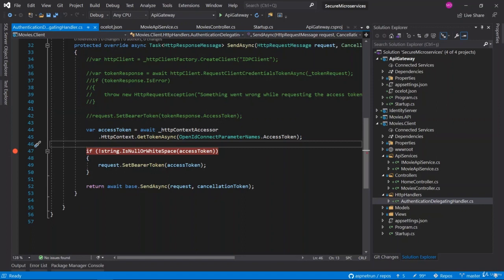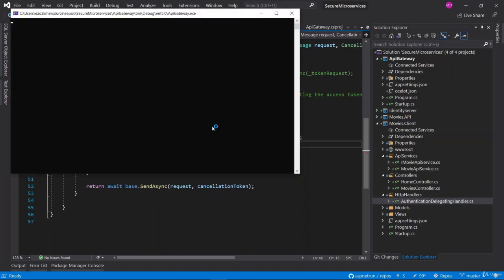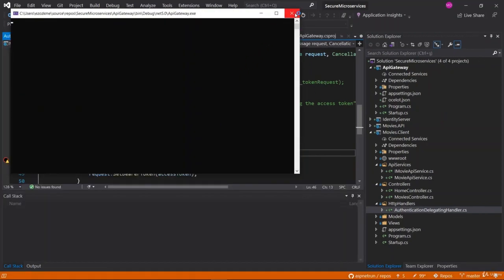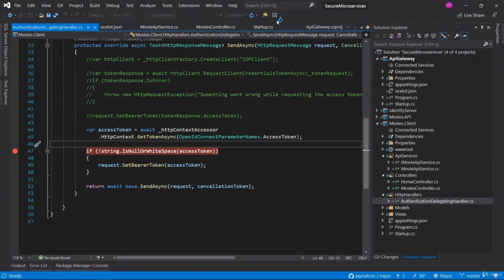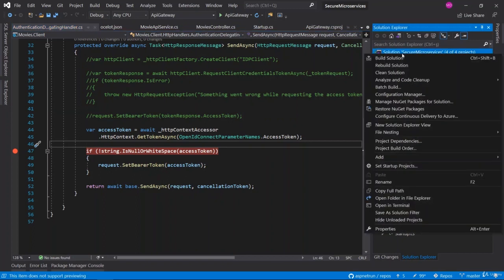That's why we are going to test our application and put a breakpoint here. So check Postman, put the breakpoint onto the authentication handler, and also run the application now. Let me close this one because this is the only running API gateway. This time I am going to right click, Properties.